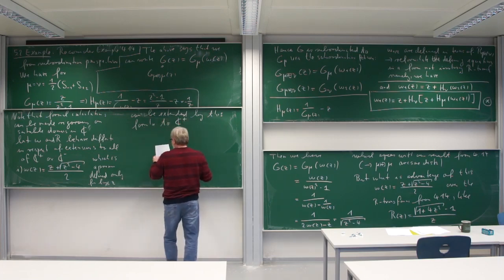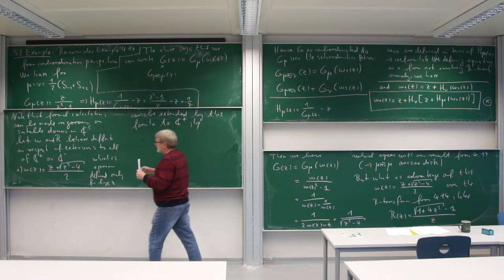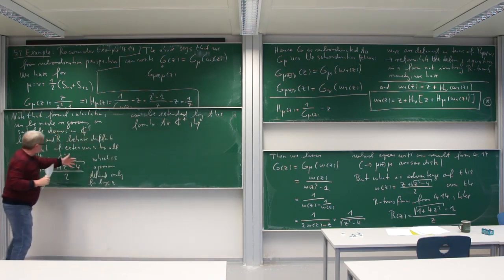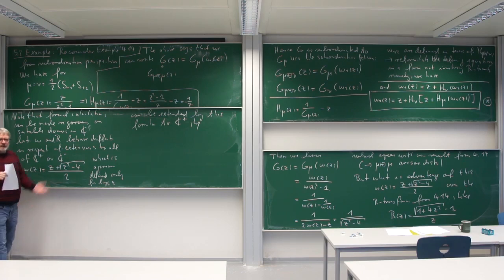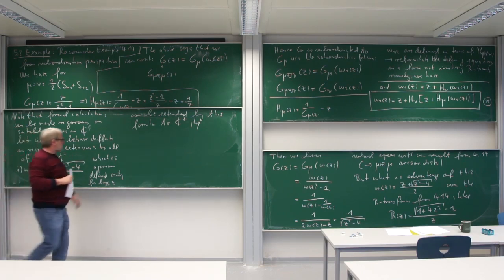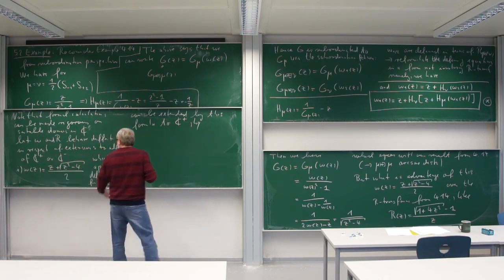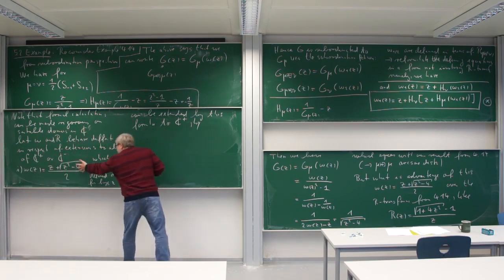to C plus. And of course one has to choose the right branches of this. So this is the square root in a complex plane. I mean, of course you cannot define the square root everywhere in a complex plane. You must have a cut somewhere. Okay, but we can choose a cut so that there is no problem with this formula in the